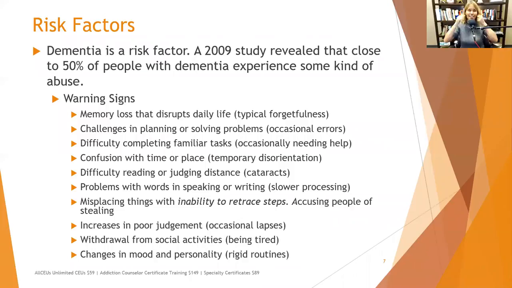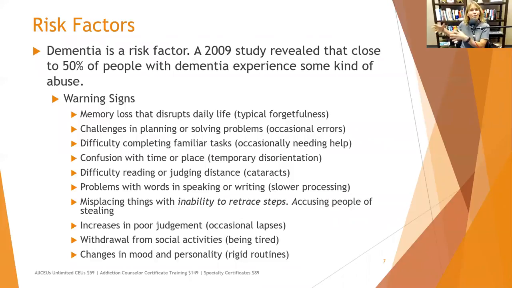They're taking on new things. I thought that was a neat little point. But it takes us a little bit longer sometimes to process stuff. So what we want to look for in people that may have dementia is memory loss that disrupts daily life. They get confused and forget how to brush their teeth or whatever.